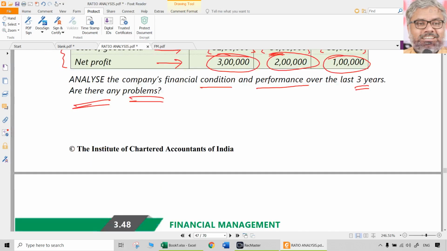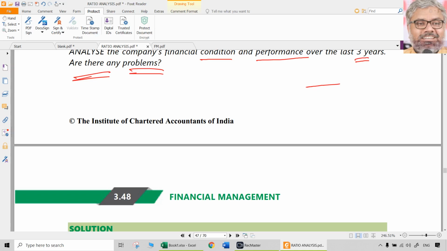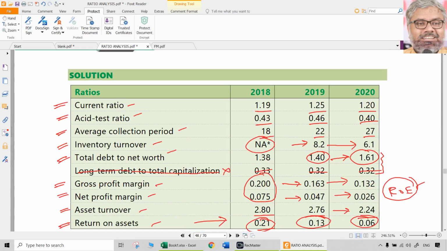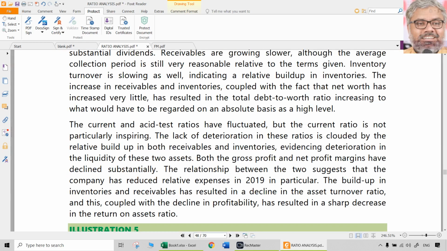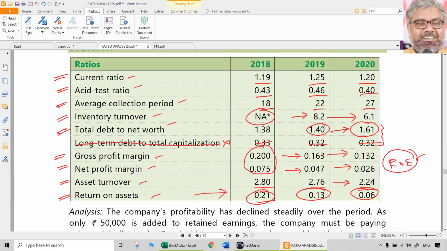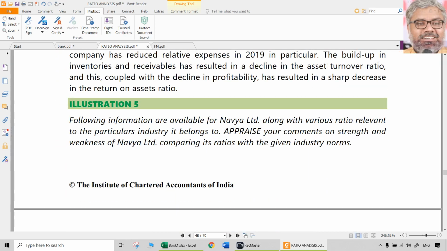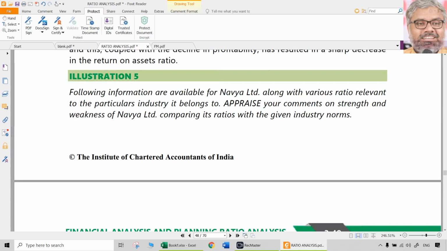So all that you need to write is ratios, of course, the formula, substitute, answer for 3 years. Then what happened, you just write and interpret in that way, whether it is good or bad. Is it problematic or is it something which is positive? So that will be enough to answer such kind of questions if they are asked in the exams. Generally, if they are asked, they will be asked for 10 marks.